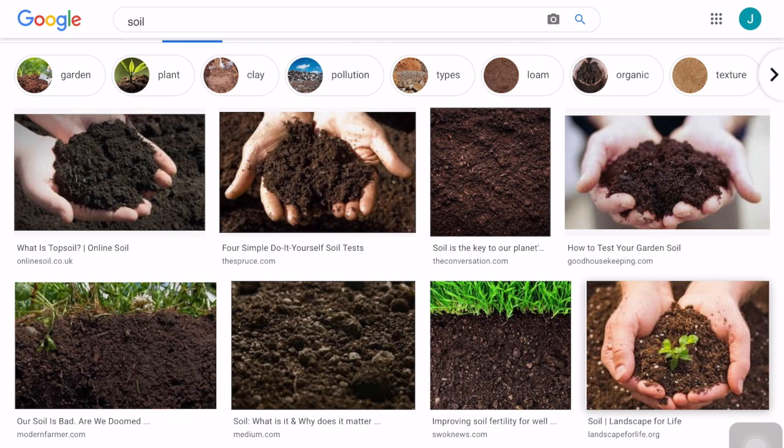In fact, our I can statement is that we're going to explore how soils are formed. And there's different ways that happens. So we're going to figure out how soils are formed. That's our big question. So stay tuned, and I hope at the end of this unit you can answer that question.